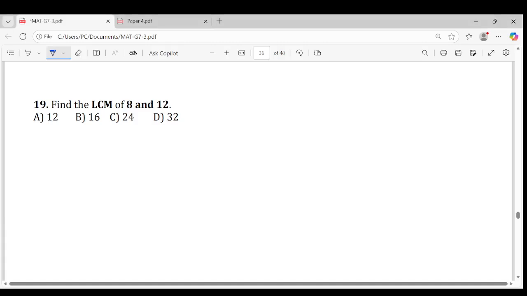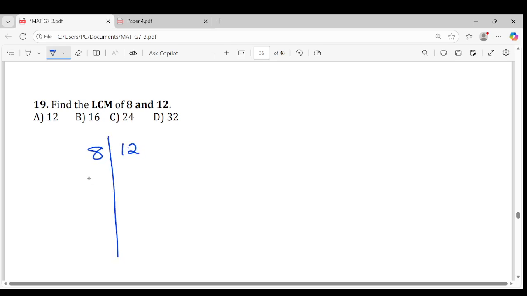Hello dear learners, today we are learning about finding the LCM of 8 and 12. How do you find the LCM of 8 and 12? So, to find the LCM of 8 and 12,